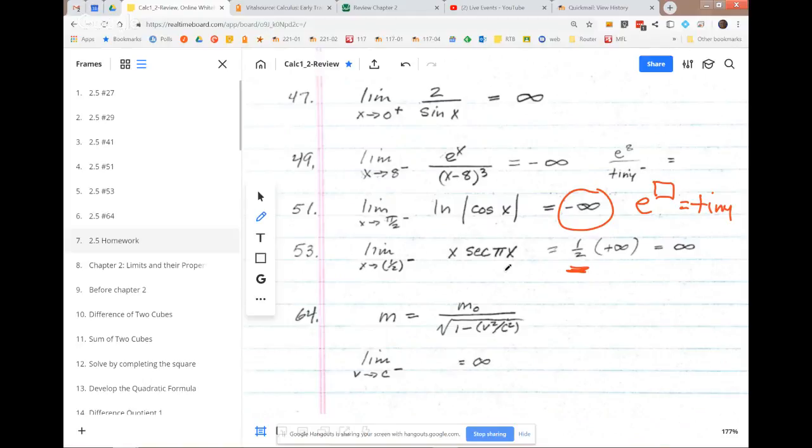The reciprocal, what's 1 over a tiny positive? It's going to be approaching positive infinity, this number right here. And I know this looks like bad arithmetic, but 1/2 times a positive infinity would still be, it's still going to grow without limit. So